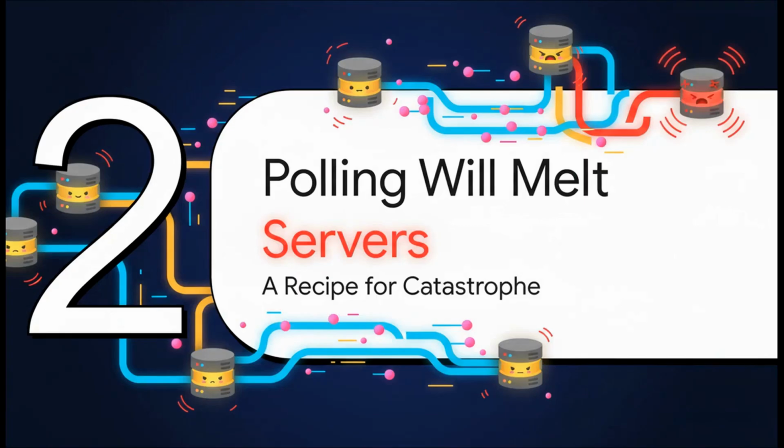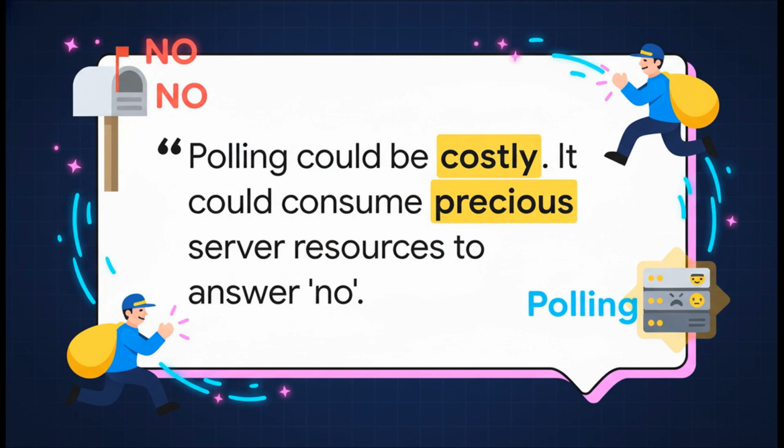Now, for maybe one or two people, this is clumsy, but it works. But remember our goal? We're building for millions. At Discord's scale, this simple idea isn't just inefficient. It's a complete catastrophe waiting to happen. Here's a reality check. Imagine you hired a mailman who is just absolutely exhausted, sweating, and sprinting back and forth to your mailbox, checking to see if there's a letter. He checks, sees it's empty, sprints back to the post office, and then immediately turns around and sprints back again. All day. That's polling. It's insane.